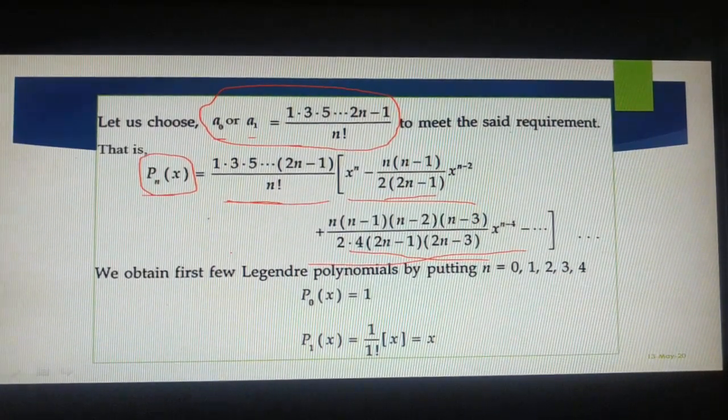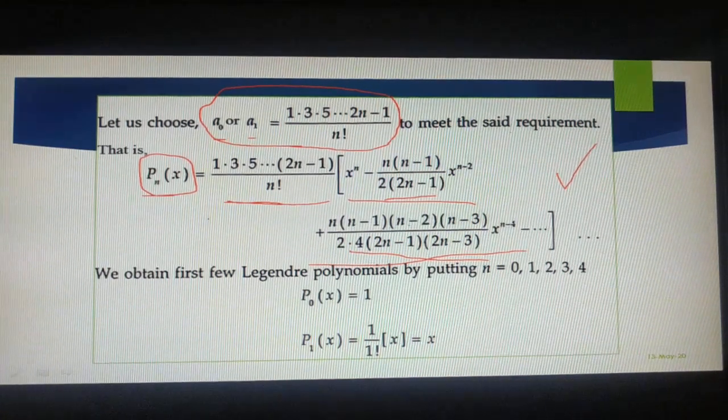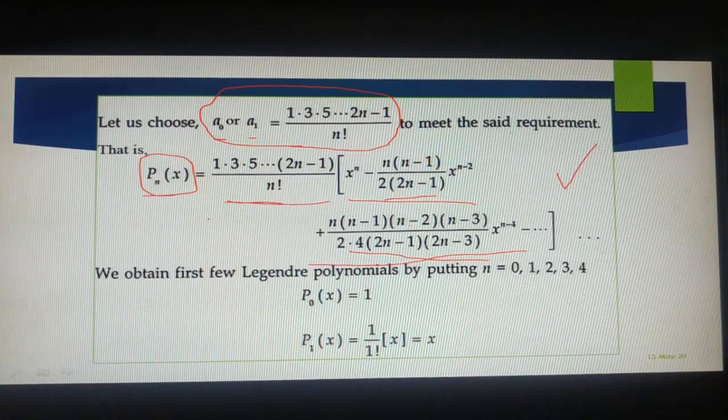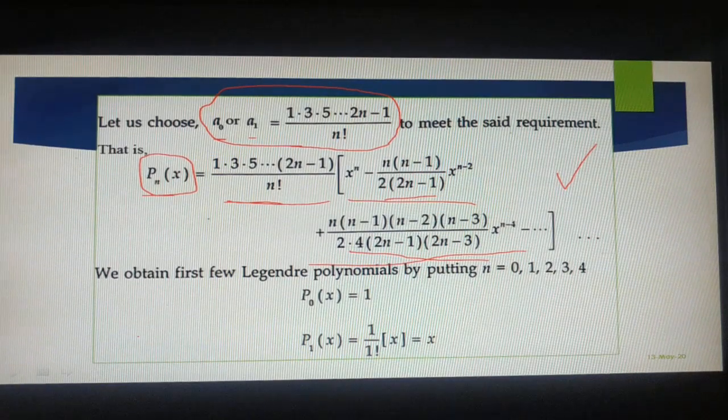It looks complicated at this moment for you because we have not taken the derivation of this particular formula, and you feel that it is difficult. Anyway, you need not remember this one. There is another formula which we are going to introduce in our next class, the Rodrigues formula. Instead of remembering this, it is better to remember that formula to evaluate your Legendre's polynomials.